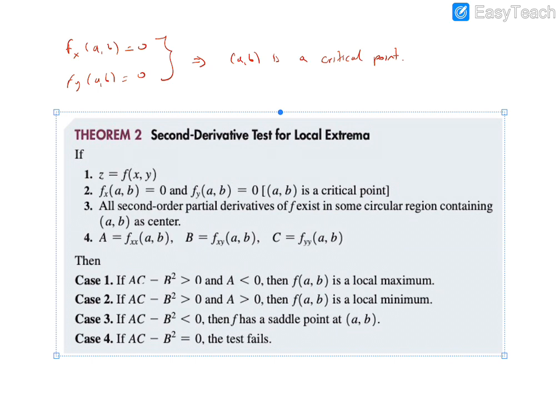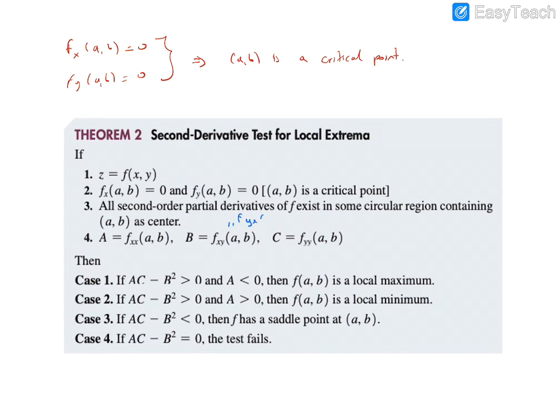So let's say A is the partial derivative of f with respect to x and x at the point (a, b). The partial derivative of f with respect to x and then with respect to y at the point (a, b) is B, capital B, and that is f sub yx, and C is the second derivative with respect to y. So according to these A, B, C values, if AC minus B squared is bigger than 0,